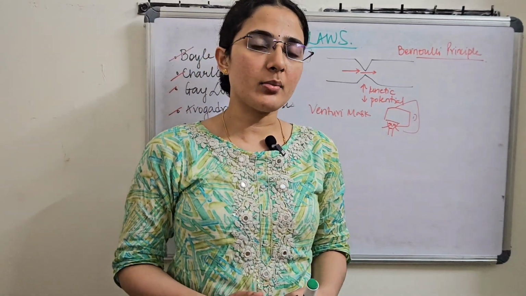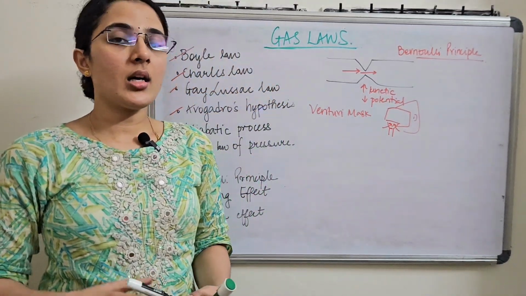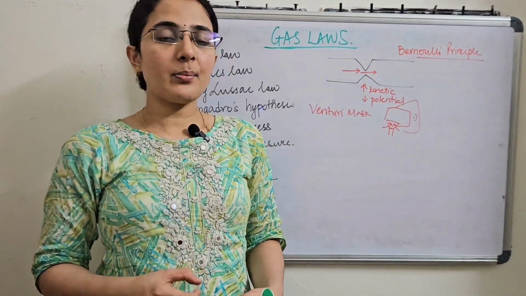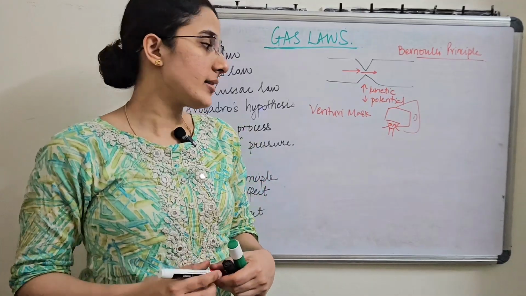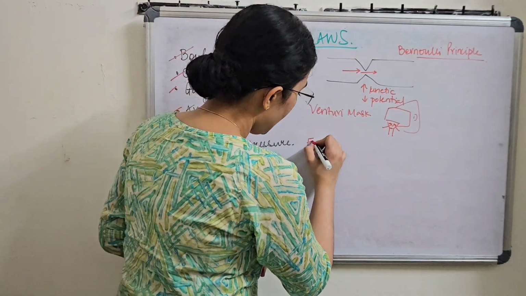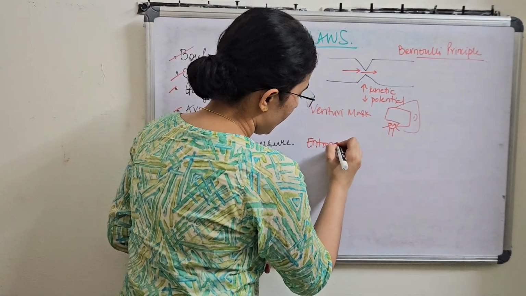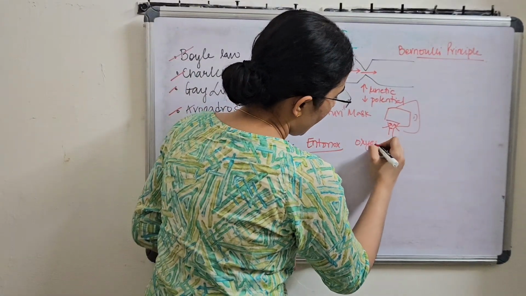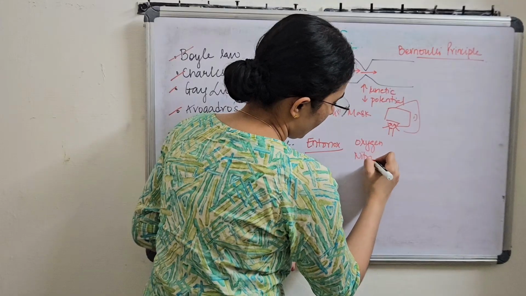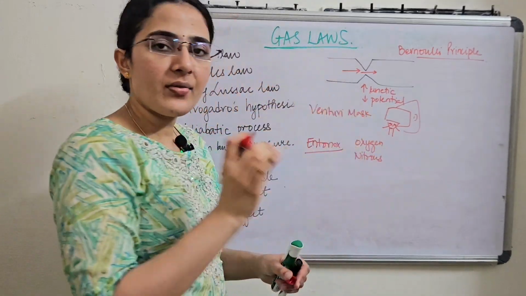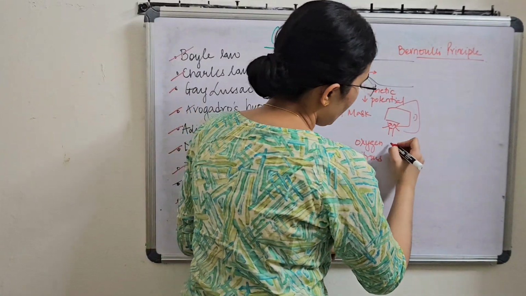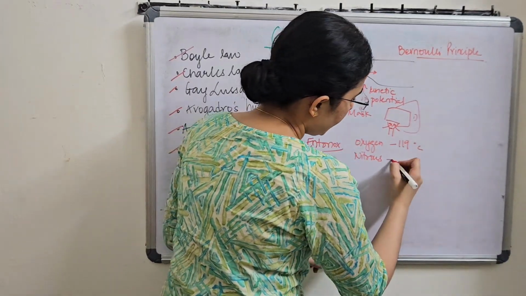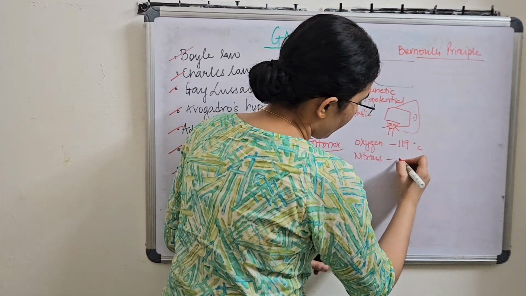So Poynting effect means whenever there are two gases of different critical temperature. For example, in this case we see what is called Entonox. This is a combination of oxygen and nitrous. Oxygen has a critical temperature of about -119 degrees Celsius, whereas nitrous has a critical temperature of about